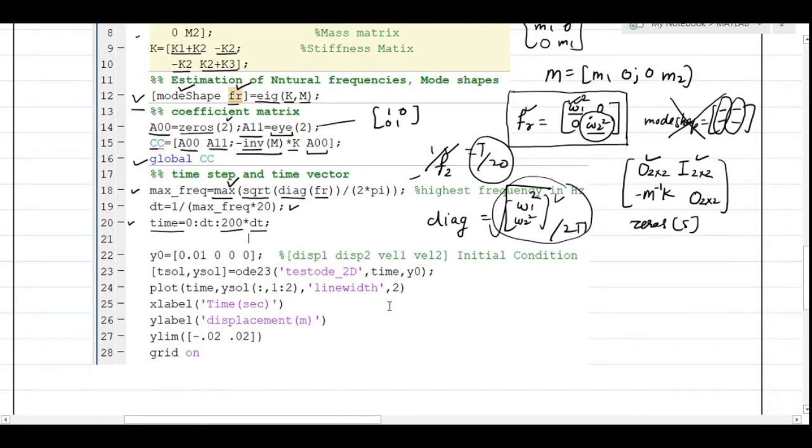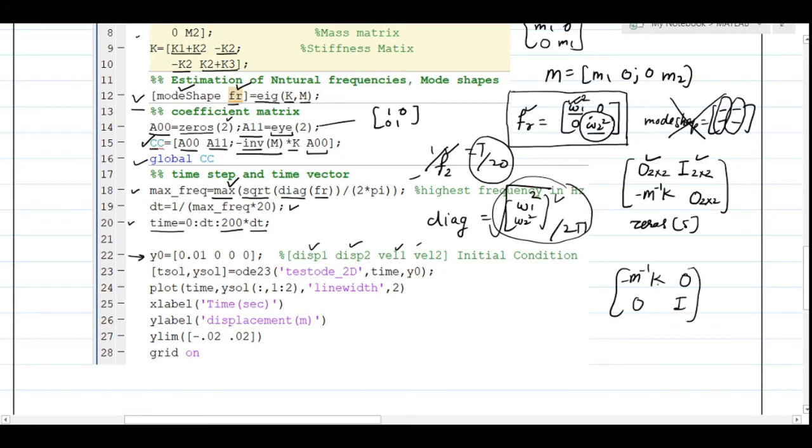After that, line 22 indicates your initial value that is required for the ODE function, because whenever we are solving a problem of vibration, it is an initial value problem. You have converted a second order differential equation into a first order differential equation, and for that you have to supply initial values. You are having four equations, so you are supplying four values. This vector is exactly the same format you have created for your CC matrix. Please understand, sometimes you will see a book following a format where this will be M inverse K, then a null matrix, then a null matrix and an identity matrix.